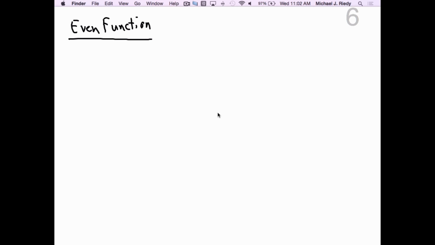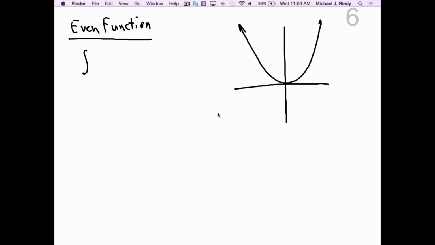Can you give me an example of an even function? X squared is an even function. So if I draw a picture of x squared, what can you tell me about that graph? It's symmetric about the y-axis. So if you need to find the antiderivative of an even function from, let's say, negative a to a,